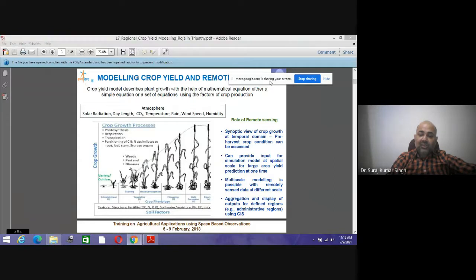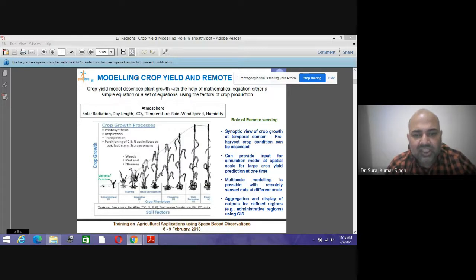So it's important to study that whenever you are going for crop yield estimation or crop yield modeling, you must model the crop yield. A model describes the plant growth with the help of a mathematical equation, either a simple equation or a set of equations using the factors of production, like what is the atmosphere, what is the solar radiation, what is the day length, what is carbon dioxide, what is the temperature, what is the rainfall, wind speed, humidity. Because the crop production or the crop yield depends on these factors,